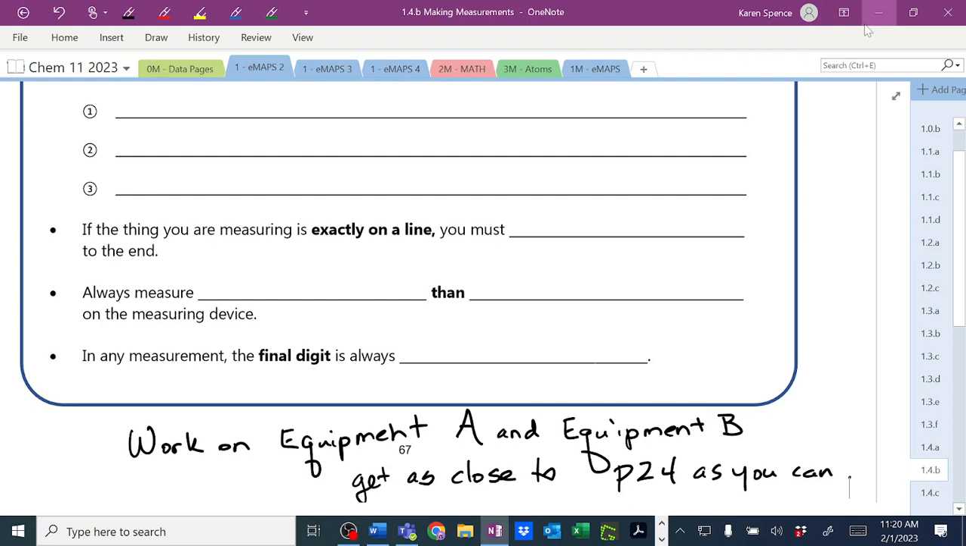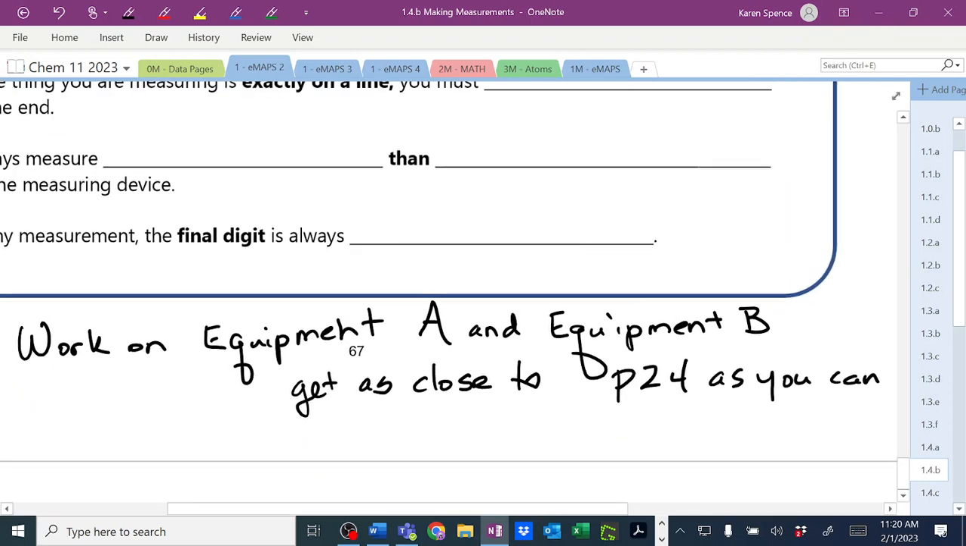Okay, so back to equipment A and B, and I need to go mess with the